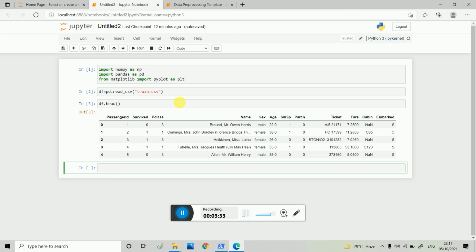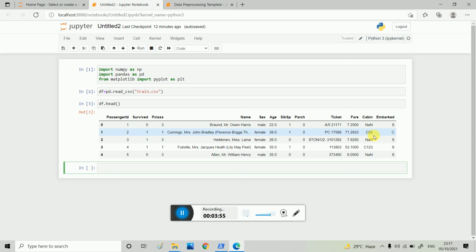If you watched the movie Titanic, about 1500 people died on the Titanic ship. All your data is given, and you have to predict whether the man survived or not. So we have to solve that problem.